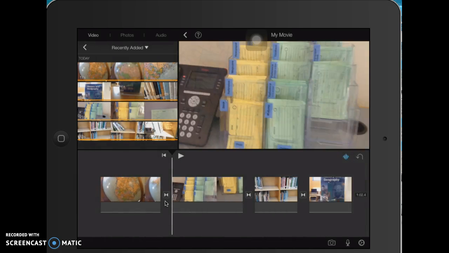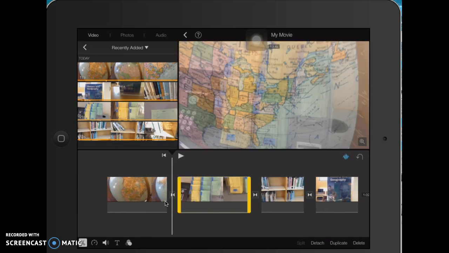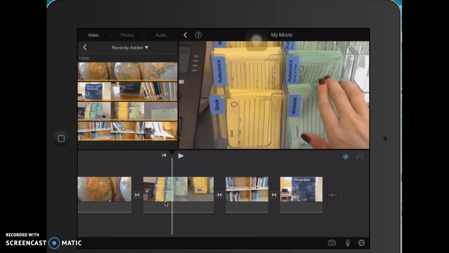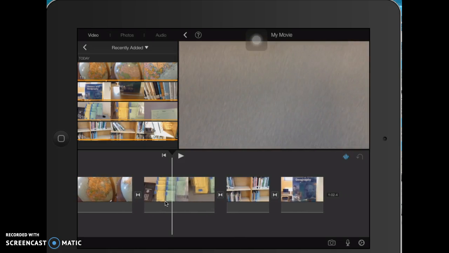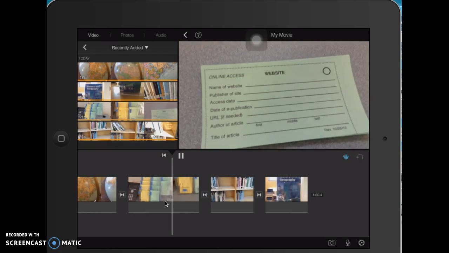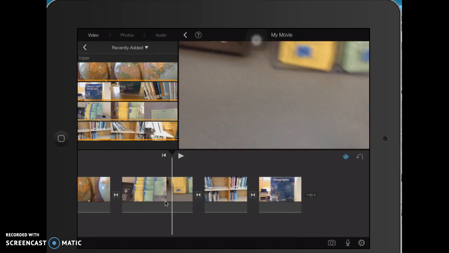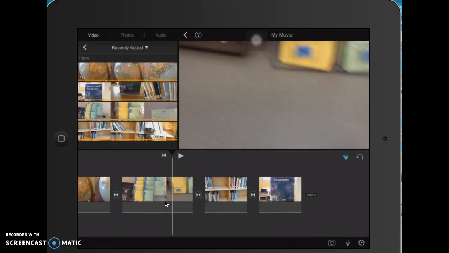Let's say we wanted to shorten a clip. This clip right here, the second clip, is pretty long. I don't think that people really need to see this for that long, so I might decide that I want to cut out the end. So I'm going to play it, and I'm going to try to decide where I want to cut it. And once I decide where I want to cut it, I'm going to pause it so that I make sure that the split bar is located